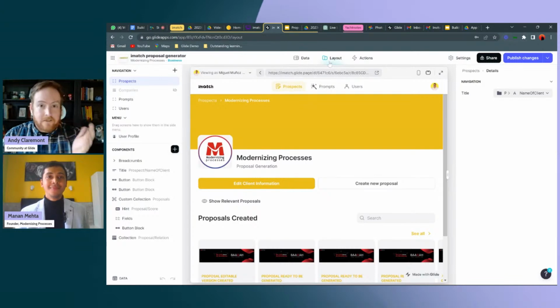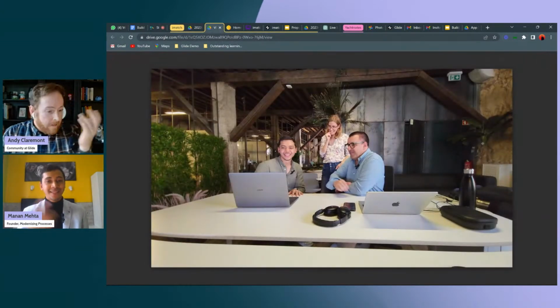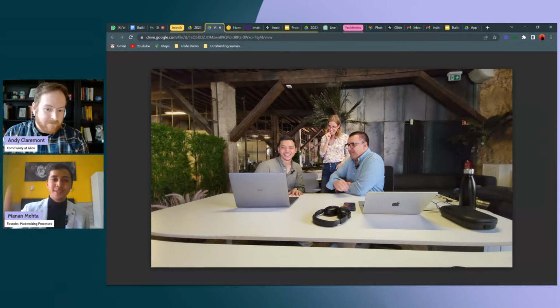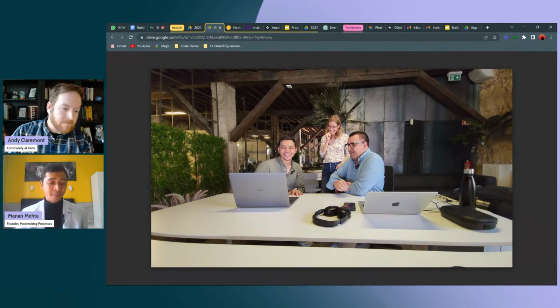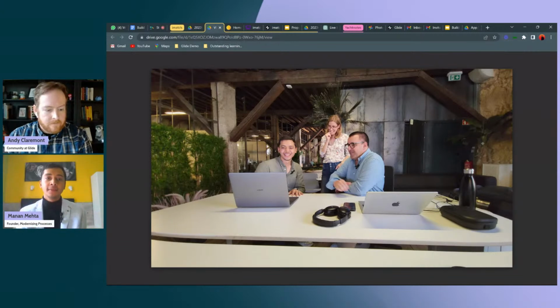This is a fantastic example too of how you use Glide as an interface to AI and ChatGPT for a real world scenario. This is the team, and we are sitting in their office and doing these things. So yeah, this was probably the 4th day or so. But the best part about this is something so complex, which feels so complex, could be done in 5 days, just 5 days. In fact, my build time on Glide was probably 2 to 3 days. That's all. So such a big problem can be solved with so much simplicity.